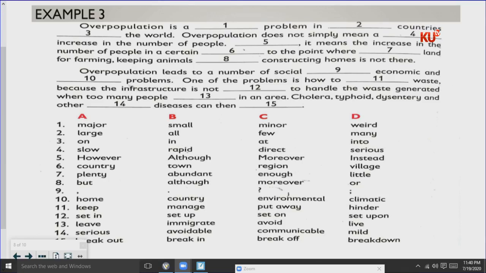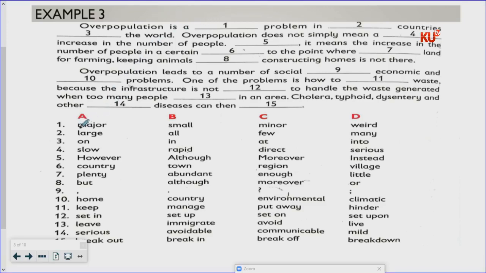Overpopulation is a dash problem. Overpopulation is a major problem, a small problem, a minor problem, a weird problem. So from our reading, we get that overpopulation is a major problem. So you go to 1 and pick major. Then after you have picked major, you come and write it there. A major